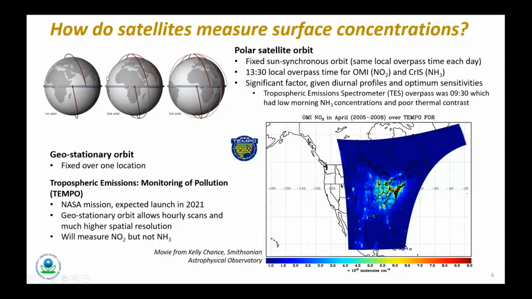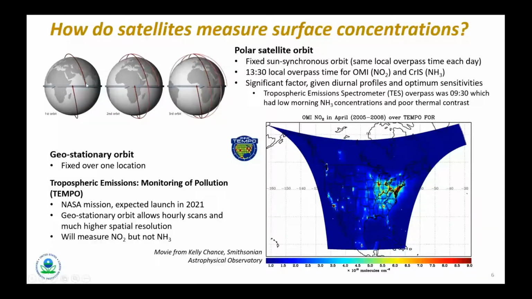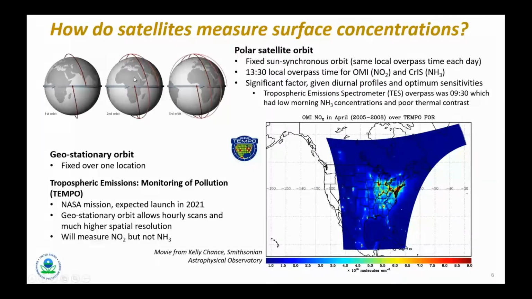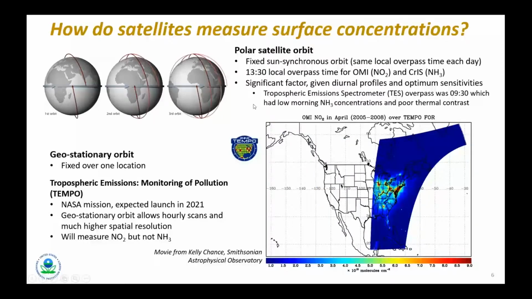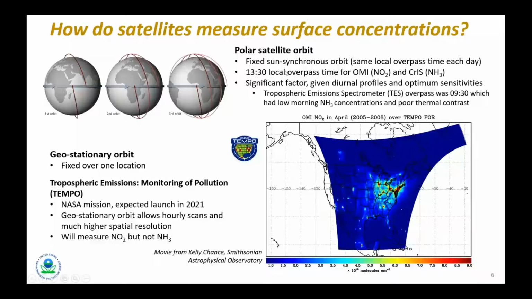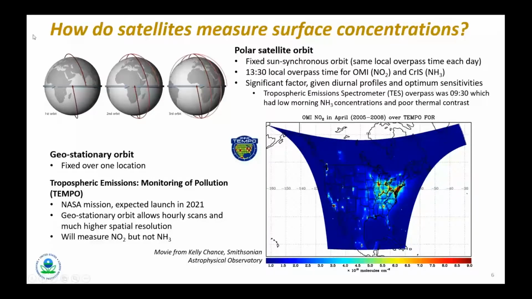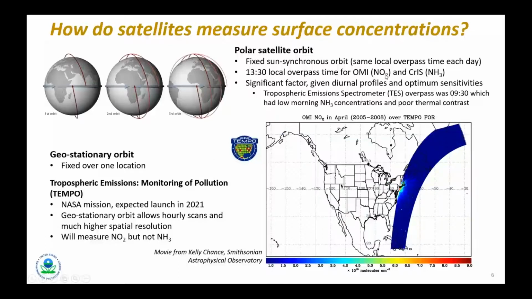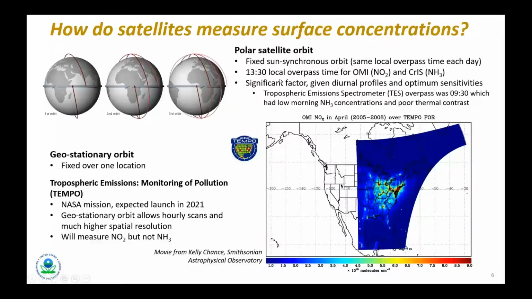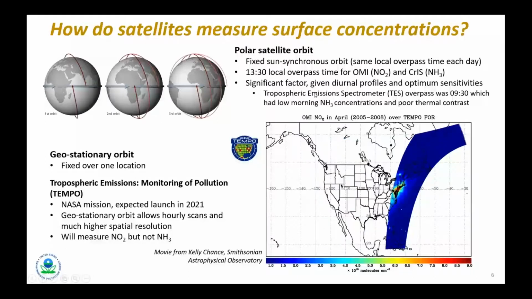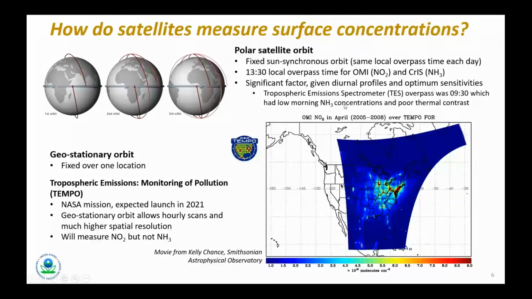So one thing I did want to mention right before we dive into the applications is the polar orbit. You can see here's the orbit of the satellite. It goes from pole to pole. As the Earth spins, there are different transects or coverage. The orbit is usually sun synchronous, and there'll be a local overpass time each day. So we're talking a daily measurement for OMI and for CrIS, the ones that we're focusing on here, at about 1:30 in the afternoon. This is a pretty significant factor because, thinking about diurnal profiles and optimum sensitivities, this is a good fit for